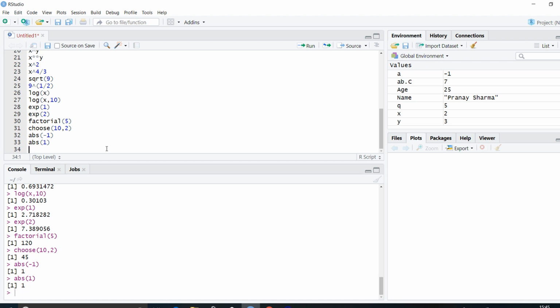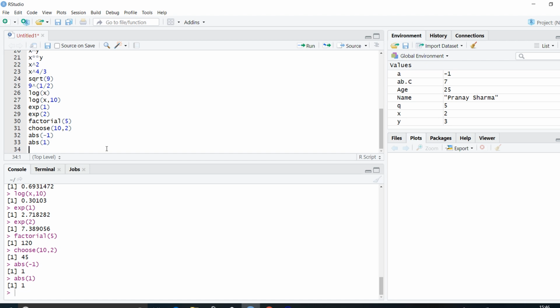We have a lot of different operations that we can do in R. These are just a few of them that I feel are going to be very important for us, so that is why I have listed them down. You can have trigonometric functions as well, but trigonometric functions are not part of our course. But if you want, I can talk about them as well.